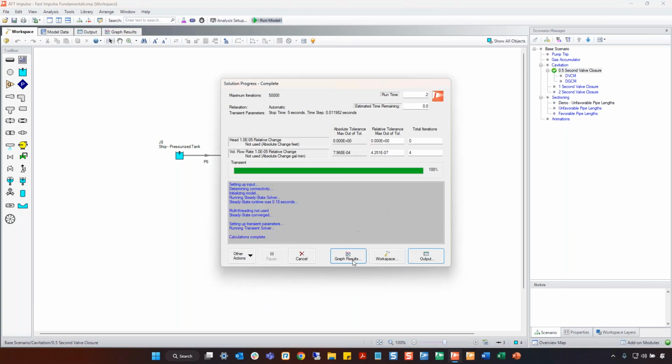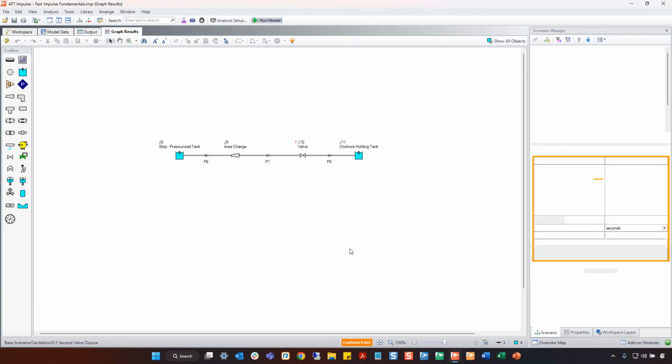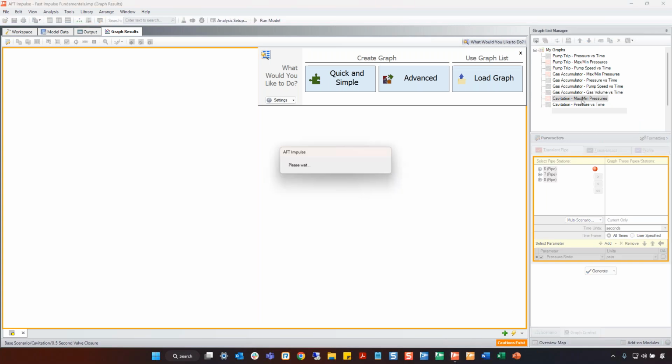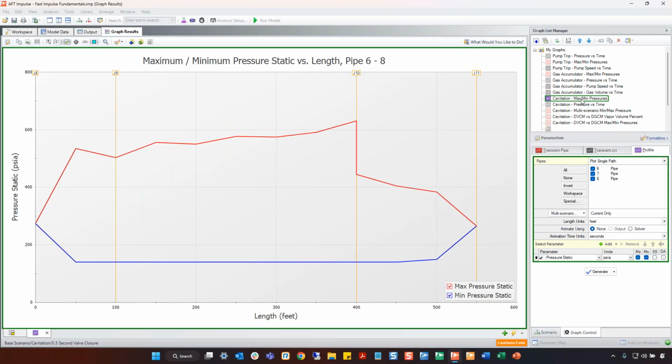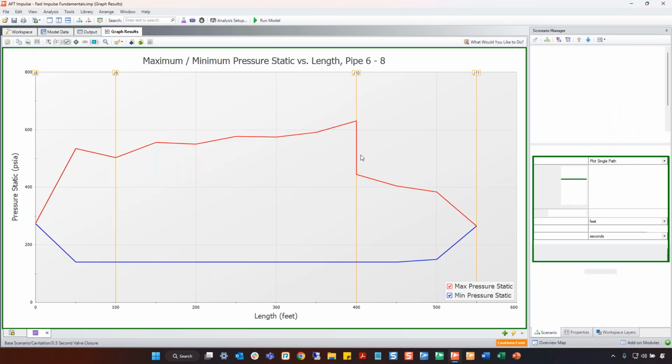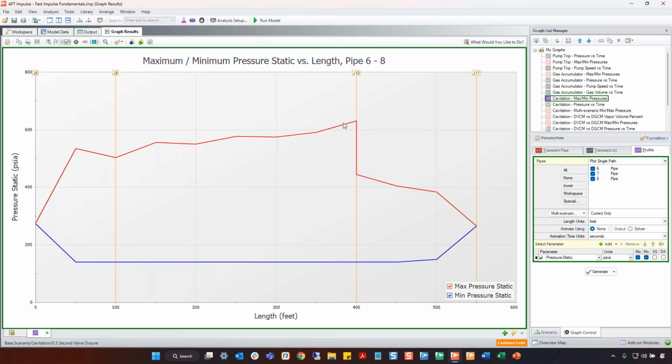So let's run this model and go straight to the graph results and see what this looks like when we close the valve in only half a second. So you can see how high these pressures reach when we close this valve rapidly. Junction 10, if we go back to the workspace, that is the valve right there. So at this interface, you can see the highest peak in pressure. And then the minimum pressure,